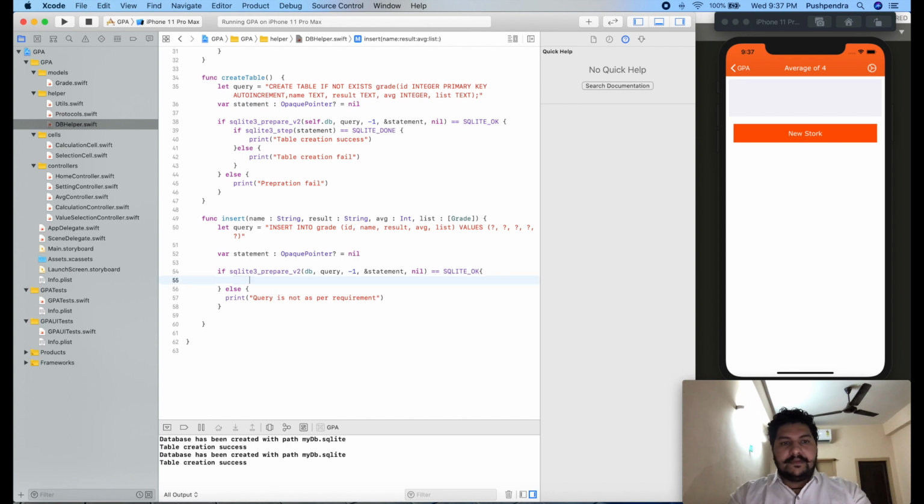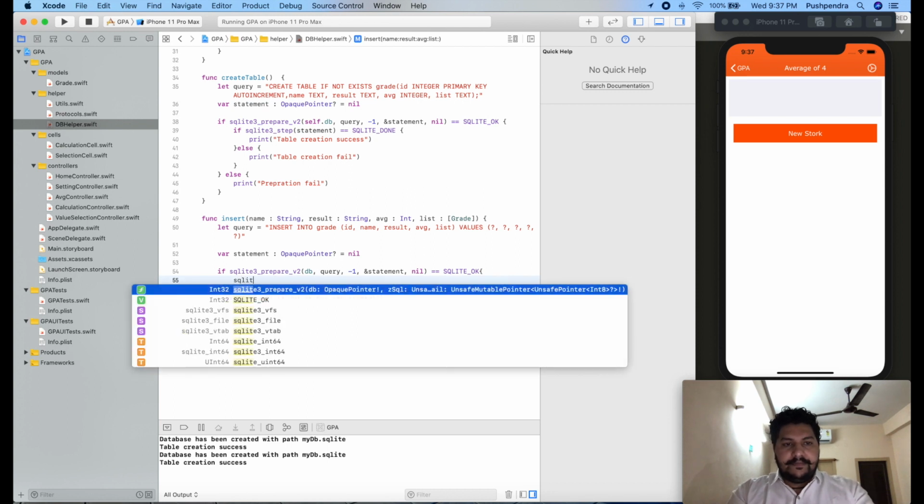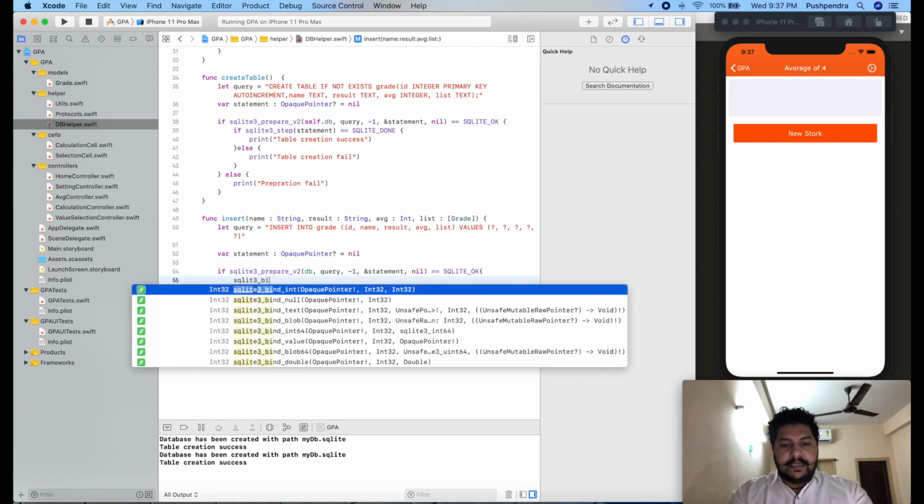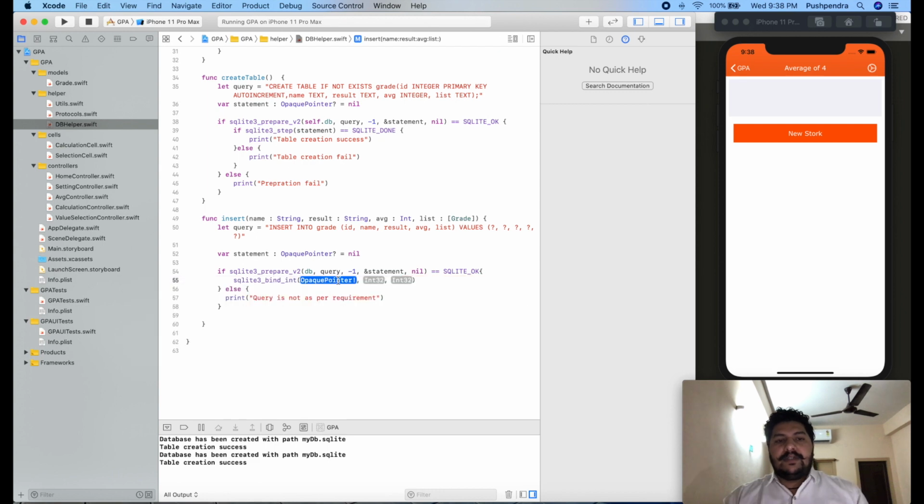So here it is, sorry, it's sqlite3_bind. Here we must have the information about which kind of data we are going to insert: whether it is string type, blob type, text type, or whatever it is. This is an opaque pointer, and the opaque pointer will be the statement.